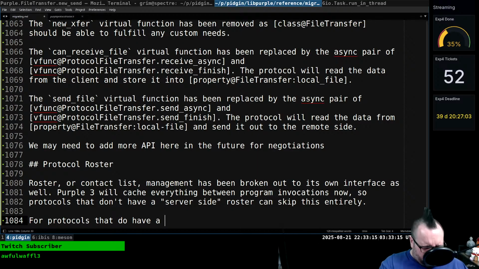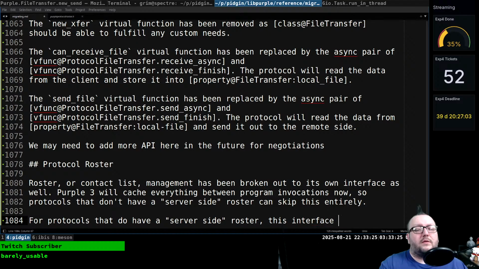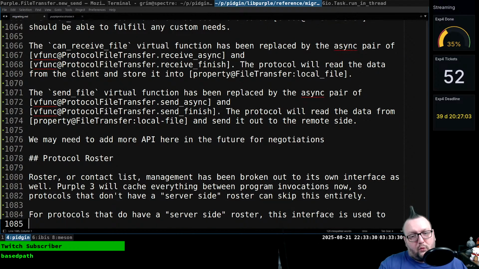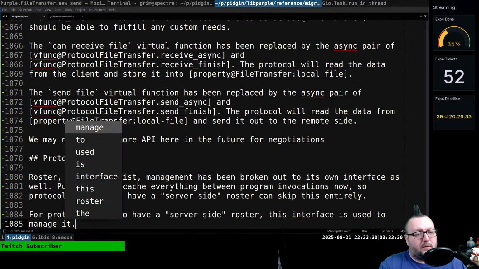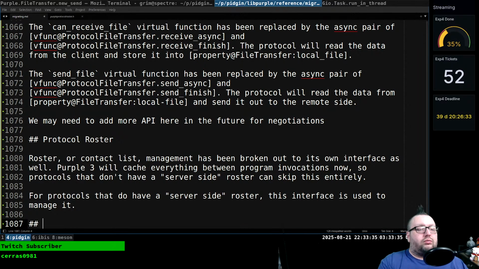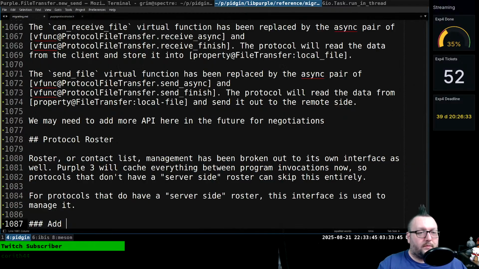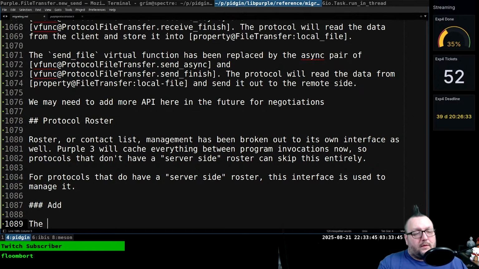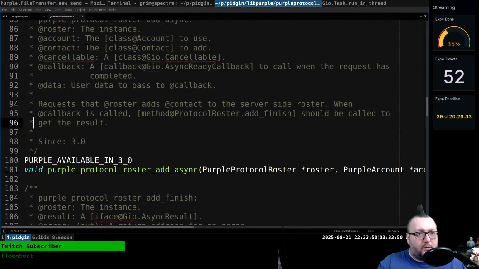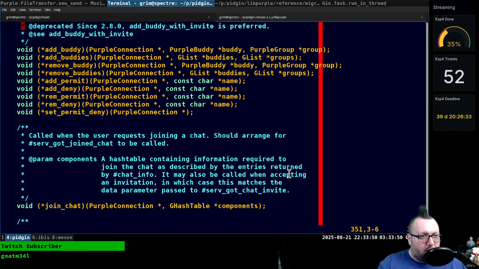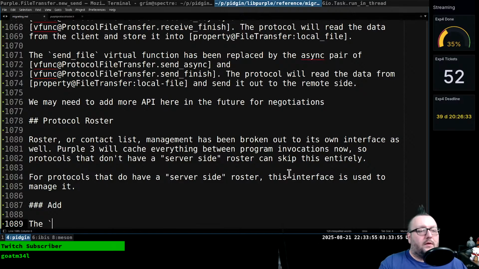Yeah, I don't know that we really need update at all anymore. We'll see. That do have a server-side roster. This interface is used to manage it. Add contact. What do we name this thing? Oh no, it's just add. What was the old one? Just like add buddy. Okay. The add buddy